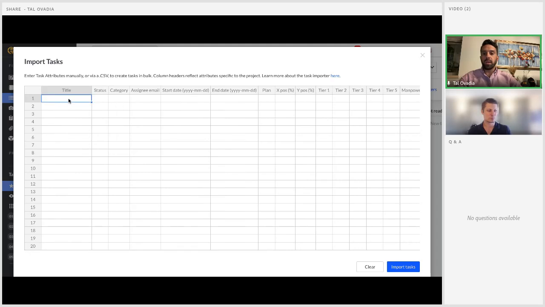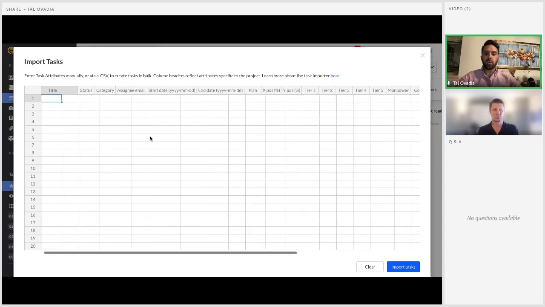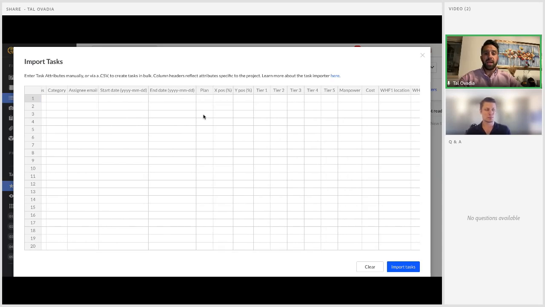And what we'll do is we'll give the title of our tasks the door numbers, and they all start in the same status. We'll assign categories if we need to, or assign them to individual people. We associate them with a plan so that those pins are already located next to the plan, and then we'll actually drop them at the opening, and we do that inside Fieldwire.